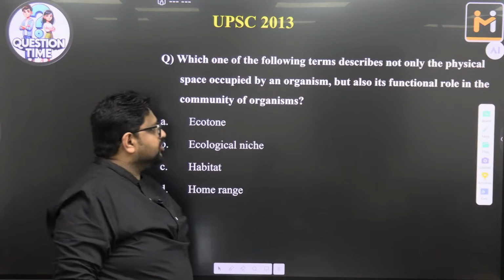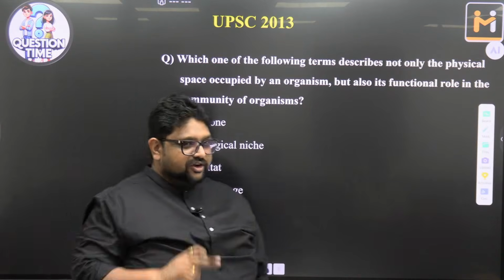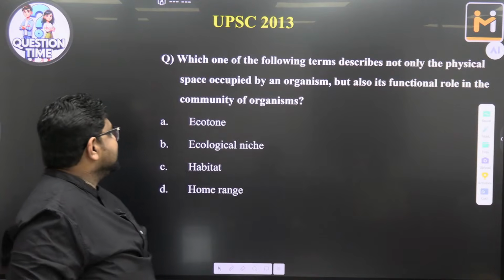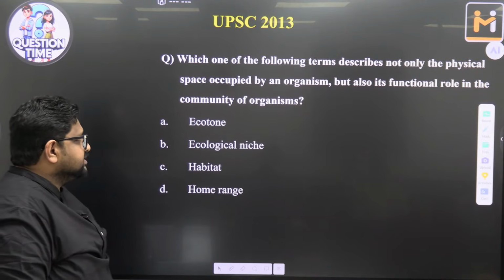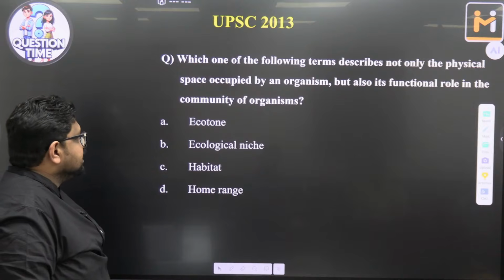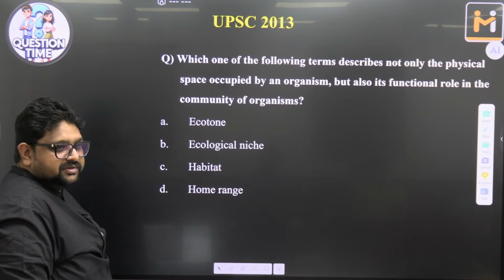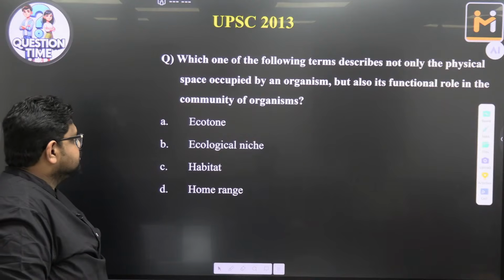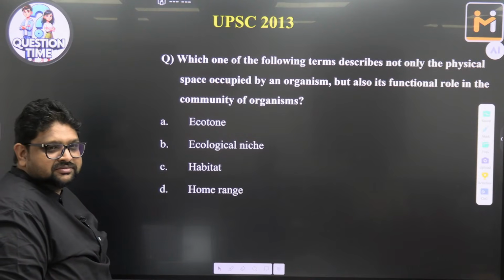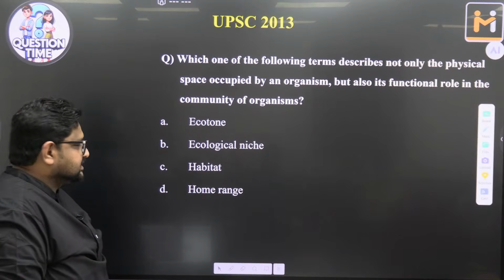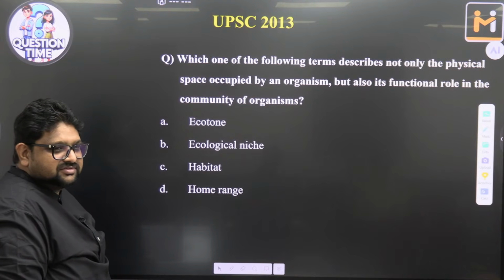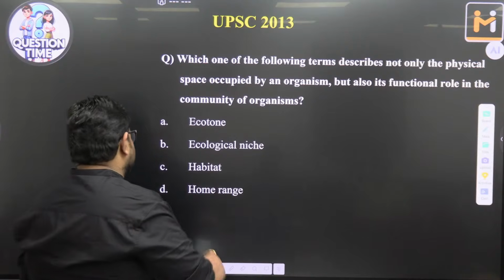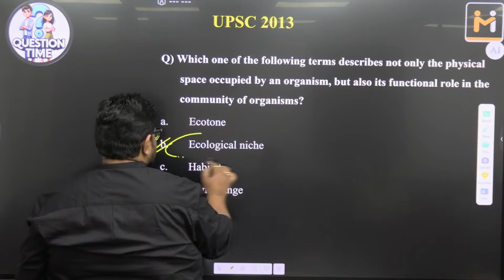Which one of the following terms describes not only the physical space occupied by an organism, but also its functional role in a community of organisms? Who says A? B? C? D? Okay, yeah, good. So the answer is ecological